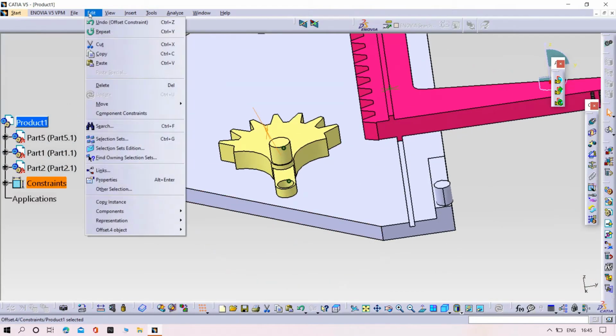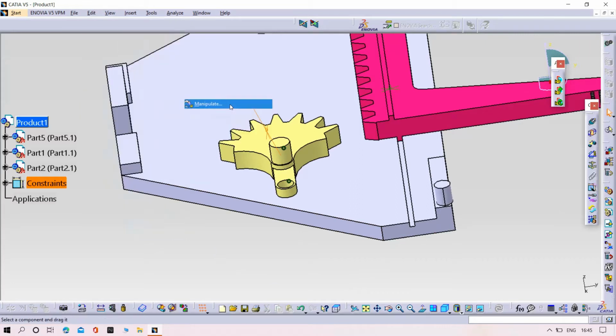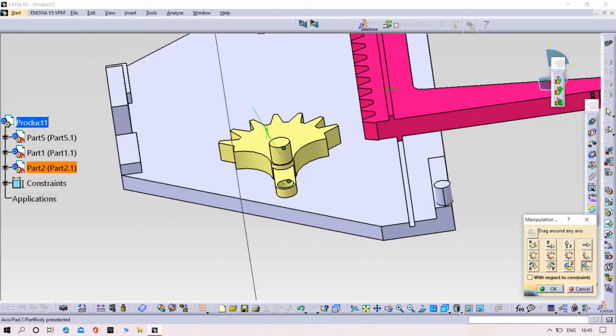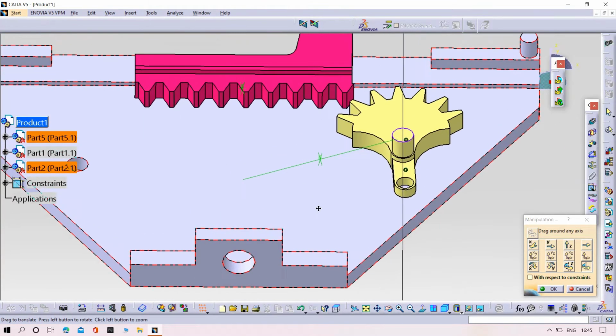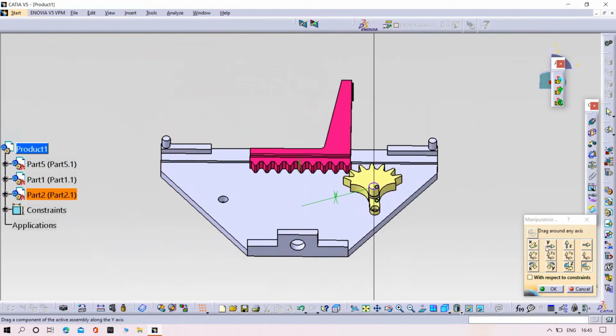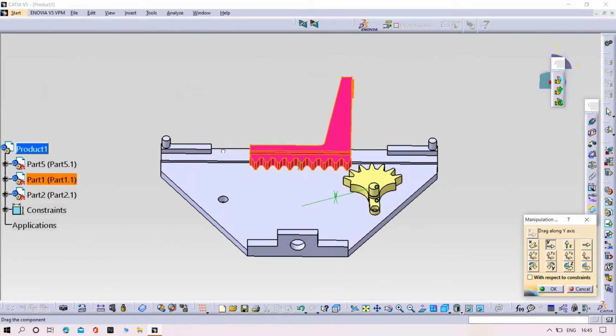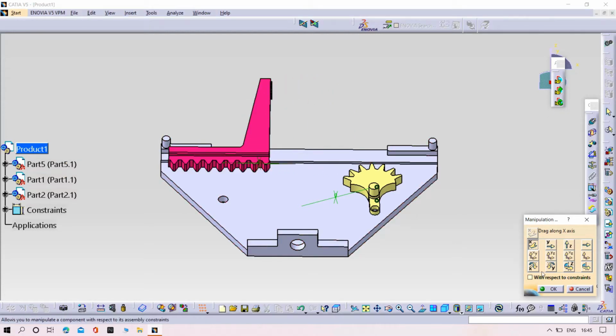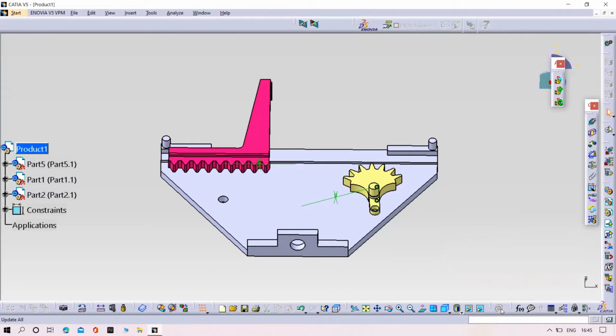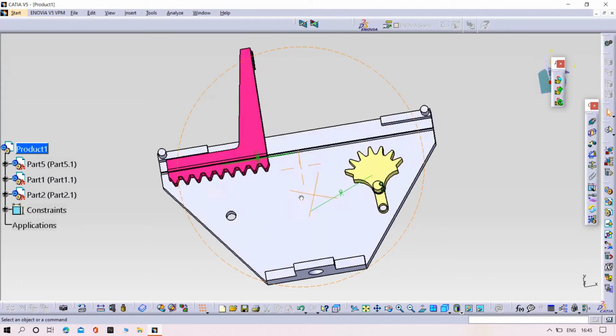Then try to rotate the part as we required. Perfect. Now try to adjust part number 1. Apply. Yeah, it is assembled perfectly.